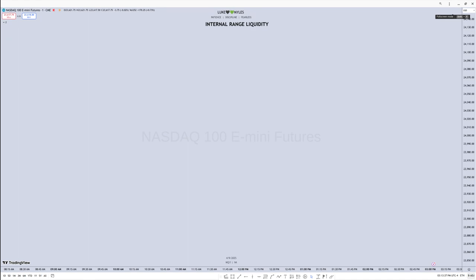So today we are going to be looking at a simple concept called internal range liquidity. As we had seen in our past video, we looked at the external range liquidity, where we looked at the equal highs and equal lows, and how it can vary in various ways. Then we are going to be looking at internal range liquidity. Then we shall later venture into time-based liquidity. So for internal range liquidity,